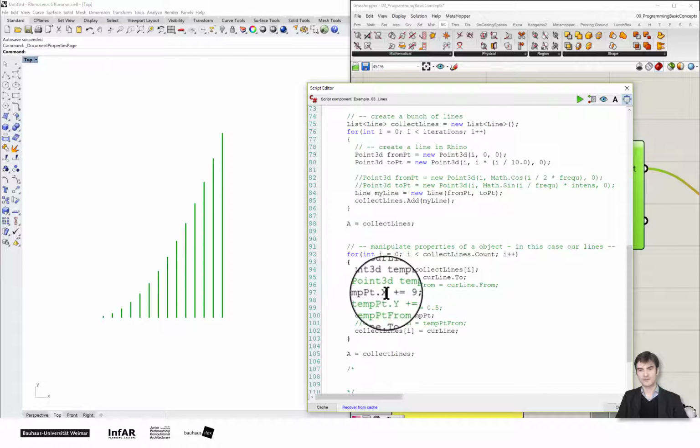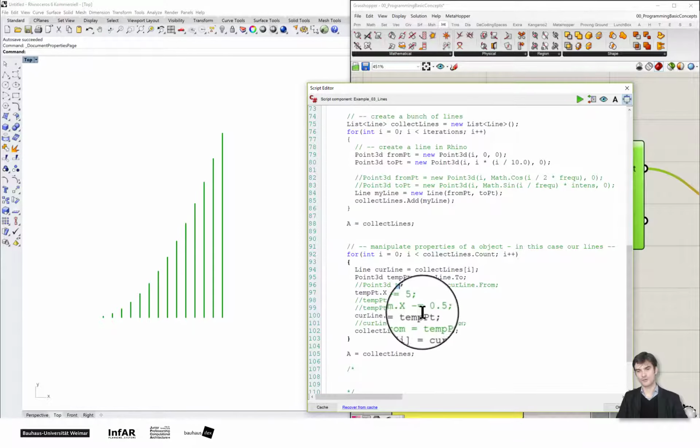This point shall be changed concerning the x coordinate, and we want to add the value 9 to it. Remember, plus equals means temp.x, so the x coordinate of our point, plus 9. And then, after we change the point, we need to store it again to our line